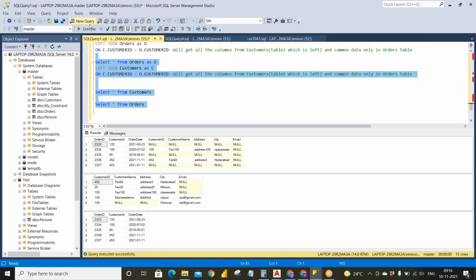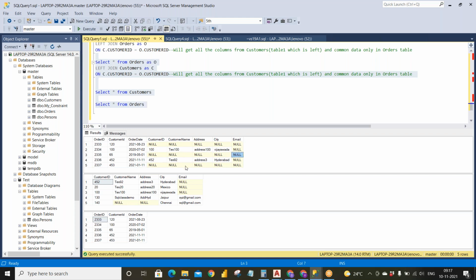You can understand clearly. Now if you see the orders data, 1 to 5, all the orders data, 2333 to 2021, is present. There is no null value over here, right? Now coming to the customers data, only the common data, which is 100 and 452, has values in customer ID, customer name, and the other ones are filled with null.